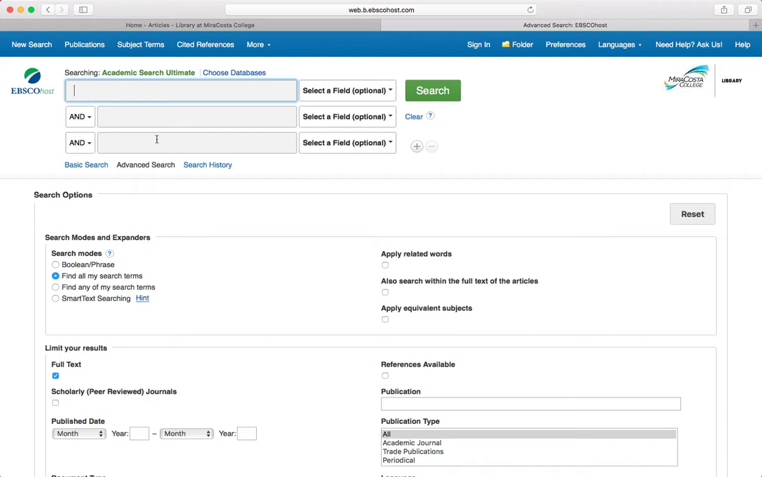Here you will see several search boxes where you can enter your keywords. Keywords, of course, are the most important words in your research question. You might notice that this is different than Google, which only has one search box. Another important difference from Google is that in a database, you only want to put one keyword or keyword phrase in each box. So let's say our research question is, what impact does physical activity have on the mental health